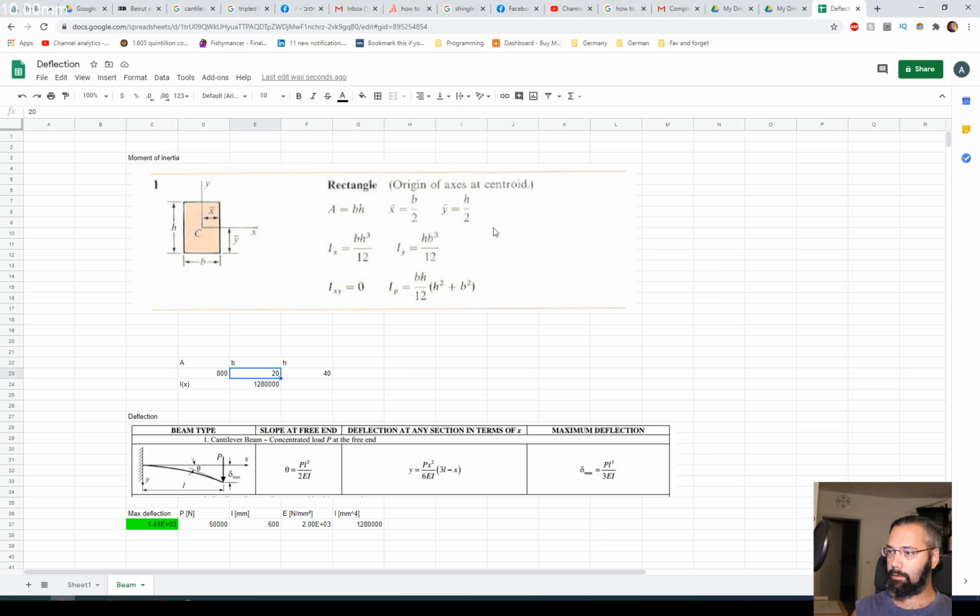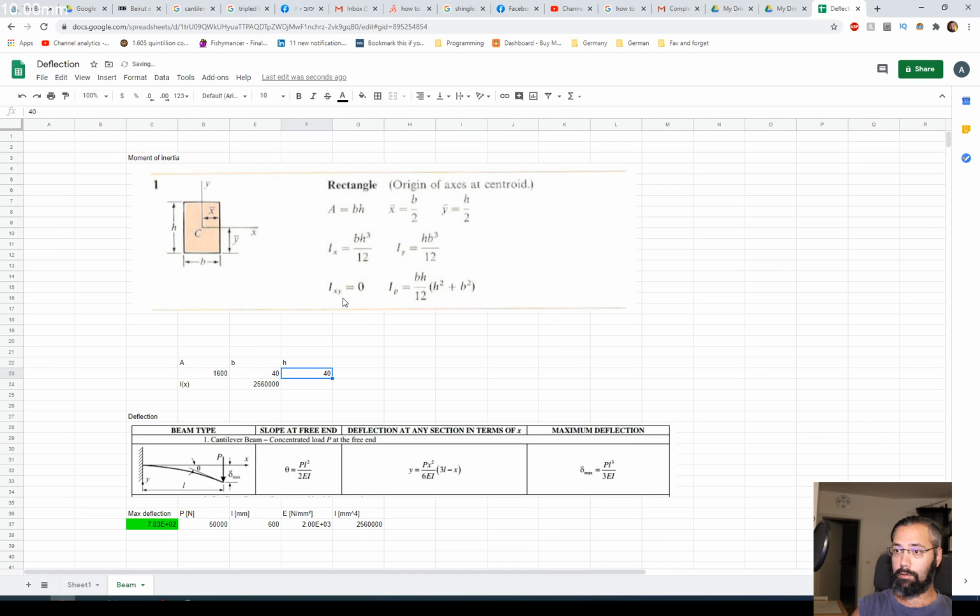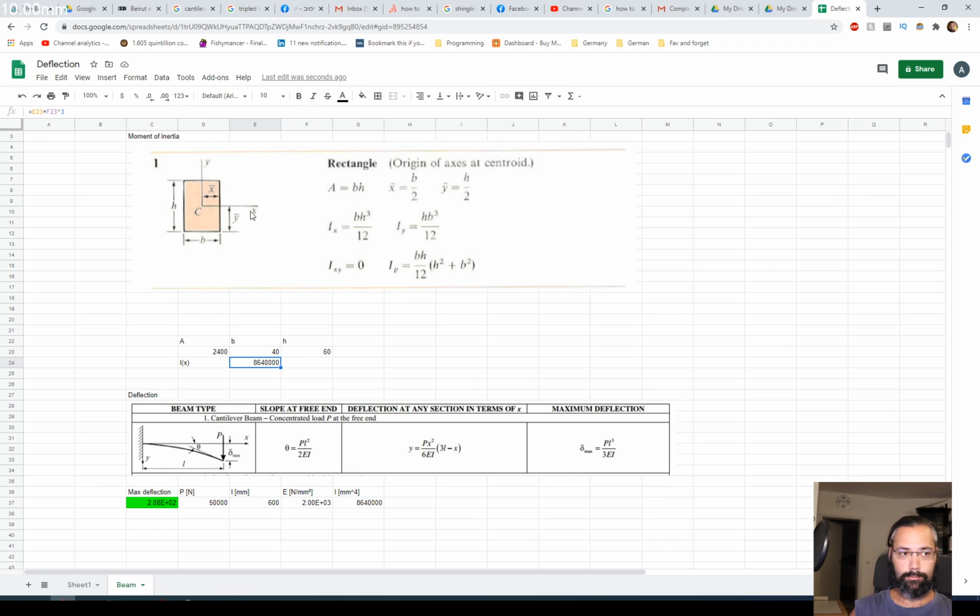And we're gonna go to our thing here. If you don't know what this is, it's okay, but these are the calculations for deflection. So we're gonna start with area. You can see here B and H, and we had 40 and 60. So now we have our I, which is the moment of inertia around this axis, for bending, which is the axis we're gonna bend around. And then